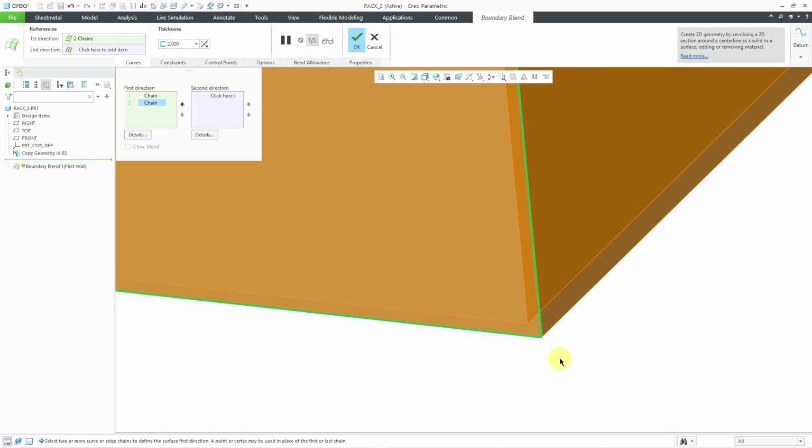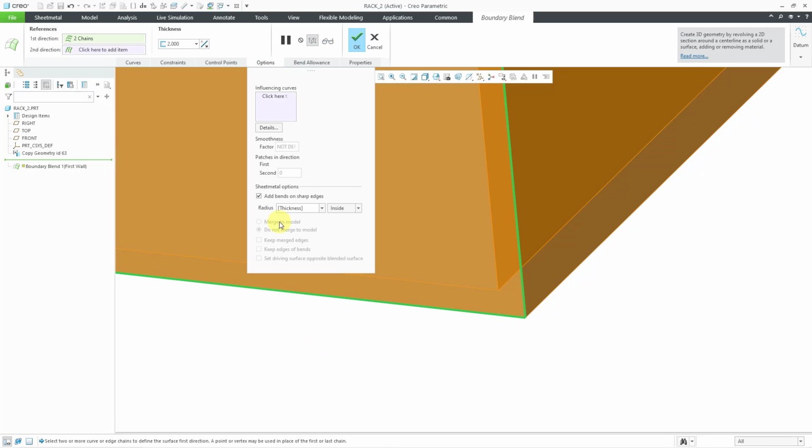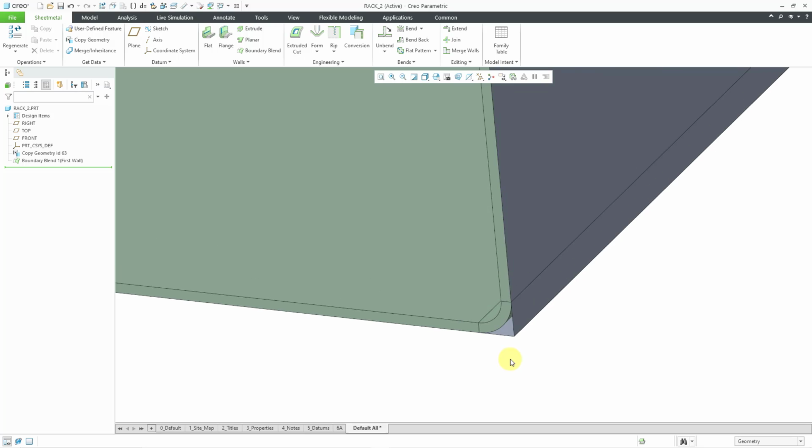I'm going to zoom in here. In the preview, it shows a sharp corner. But if we go to the options tab, here it's automatically going to add bends on the sharp edges. I'm going to make that bend a little bigger. Let's make it a value 5. Still, there's no preview of the bend, but when I hit the check mark, well, we end up with bends